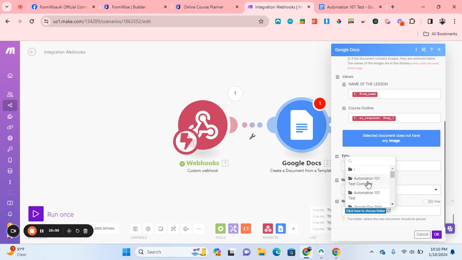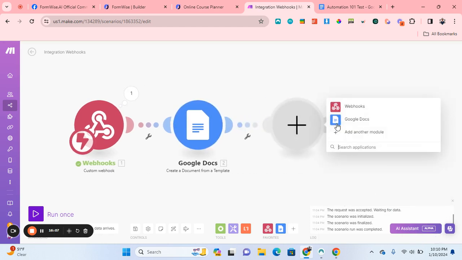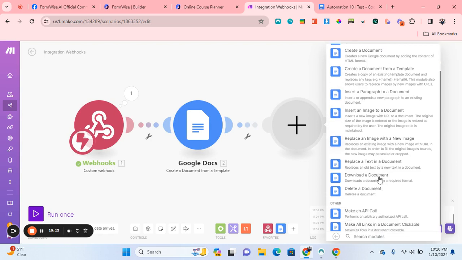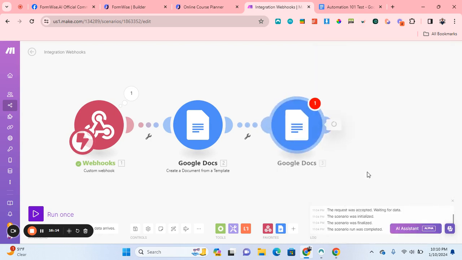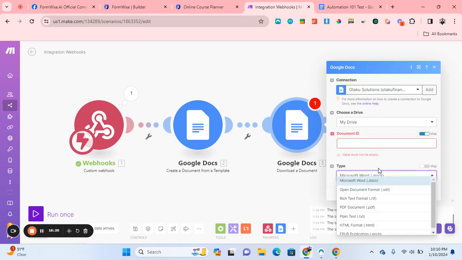the Drive folder. It's going to go to the new documents location, because the template is going to go into the new folder, which is the Automation 101 Test Complete. We're going to press OK. We're going to go to the next one, and this is going to be download a document, and we're going to map this to a